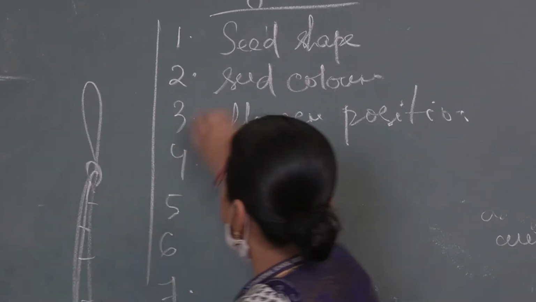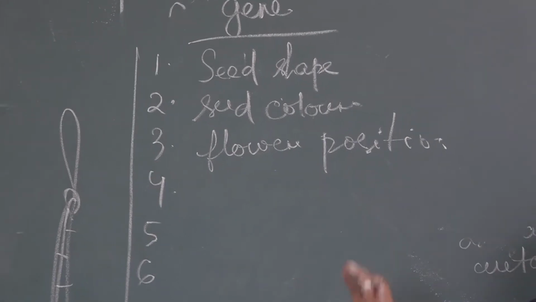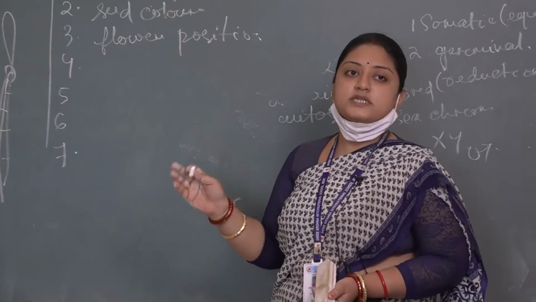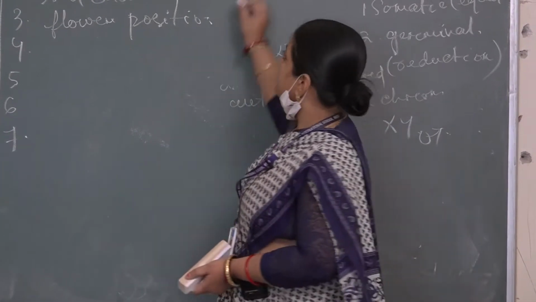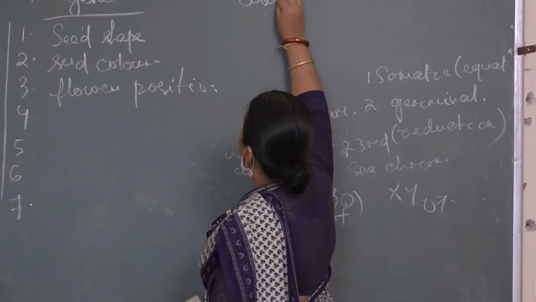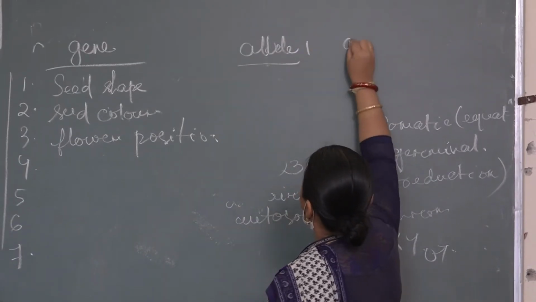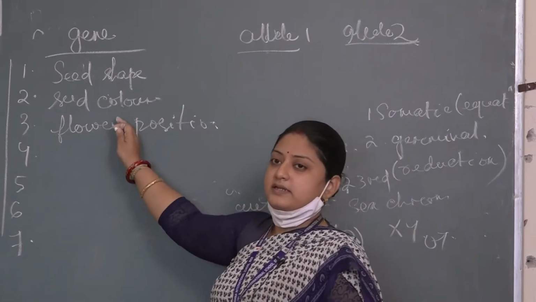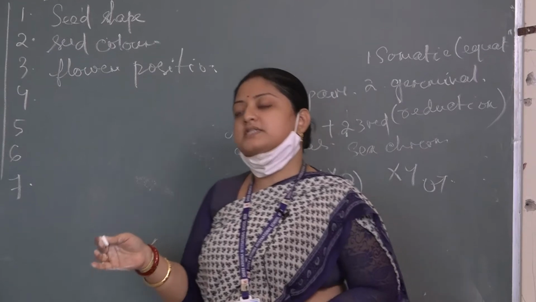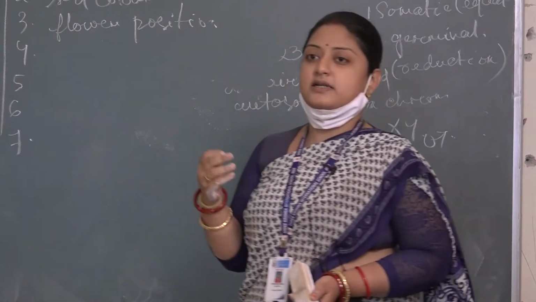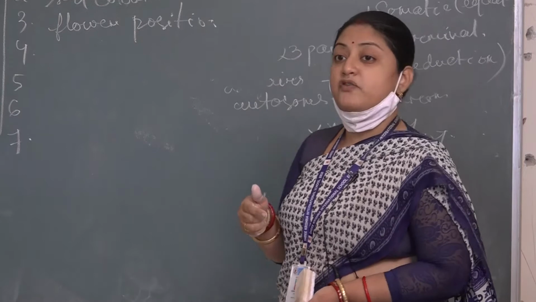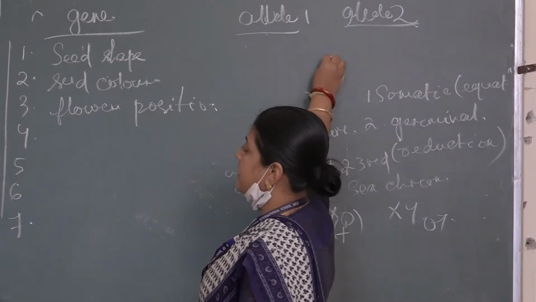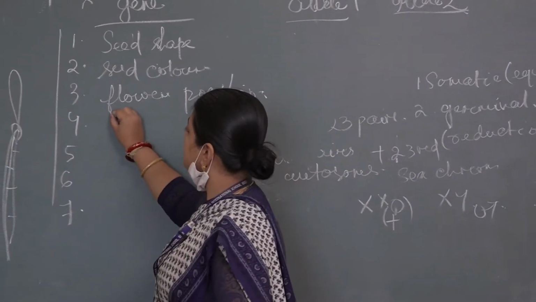These are genes. He has taken 7 genes. And what is an allele? The alternate form of a gene is known as an allele. So this is allele 1, allele 2. Most genes have alleles that exist in pairs, but some genes may have more than 2 types. For example, eye color can be of 7 different types, so 7 alleles. So this is the gene, these are the alleles, and this is your height.